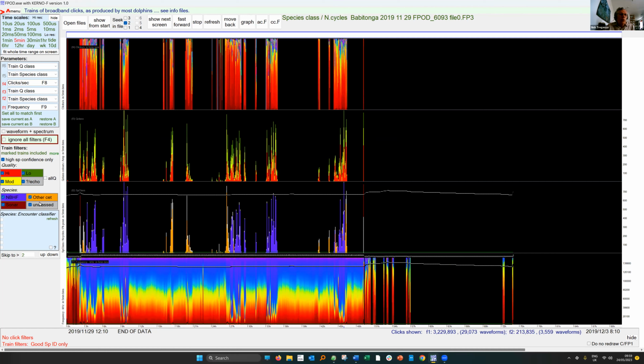And all the species groups. The reason for doing this is to see how they're grouped together and get a picture of the whole file. So down at the bottom here, we've got